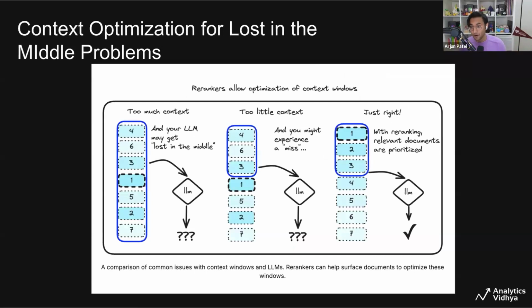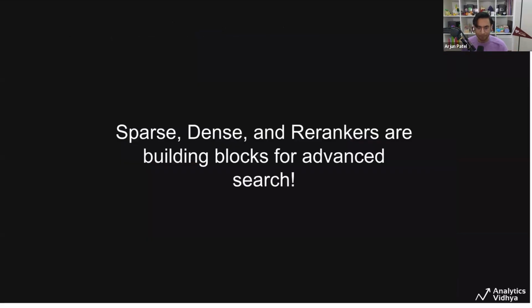Now, this is great for large language models and for context optimization because you can solve the lost in the middle problem, which is the idea that if you have too much context, you might miss what you're looking for. If you have too little context, you might not even find the thing that you need. But if you optimize your context, so you have a budget for how much information you can look at, and you're ensuring that that information is the most relevant possible, you can really increase the speed of processing these documents and also reduce costs at the same time. And a reranker helps you make that adjustment.